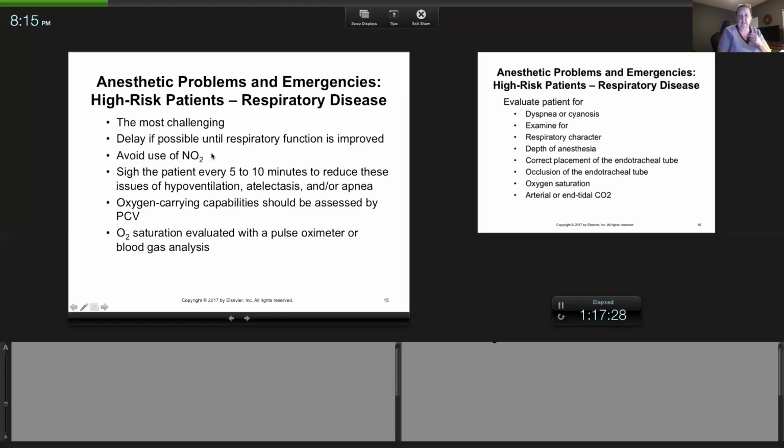NO2, which should really say N2O, is nitrous oxide. Now, if we have respiratory distress, not a lot of people work with nitrous anymore, but nitrous competes for oxygen space. So when you give nitrous, it likes to go into the alveoli and kick out the oxygen. It's kind of like, hey, this is my space. So the higher that you run nitrous, it's going to compete for oxygen. So what we used to do is, if my patient was going to get a total of 1 liter of oxygen, if I had nitrous, I might run,